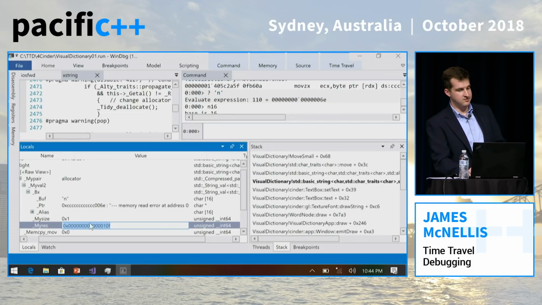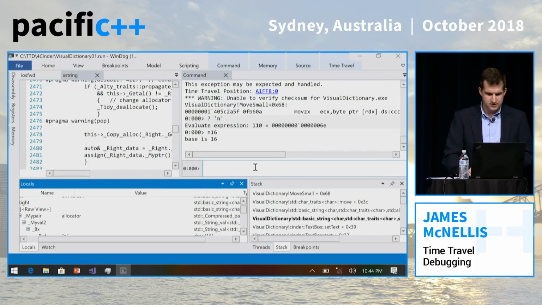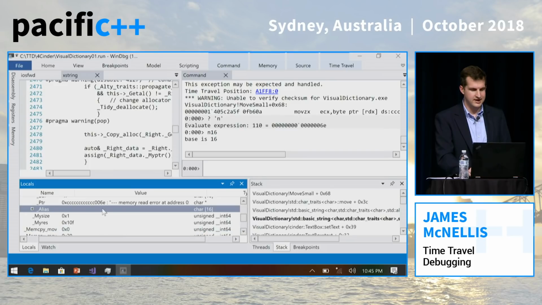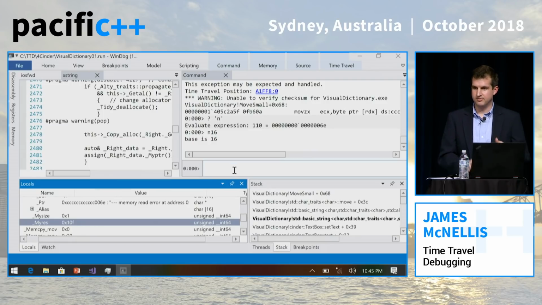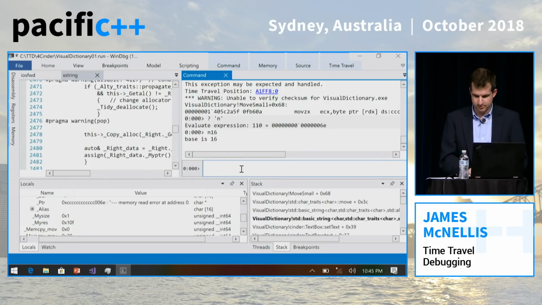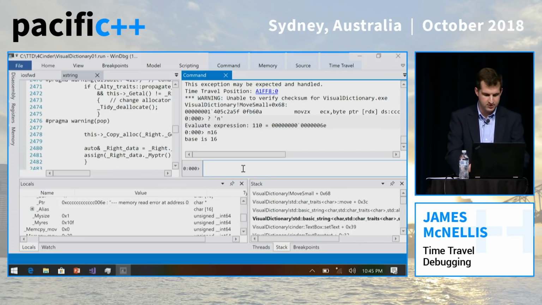So anyway, this is 10f, so that's important for everyone to remember. Don't forget that. What I want to find out is how this thing ended up being 10f instead of, apparently, it should probably be just f, right? If that's the maximum that we can store in the small string optimization. So what I need to do is what I did before. I'm going to set a data breakpoint on that thing. First I have to find out where that thing is, and I'm going to do that using the dx